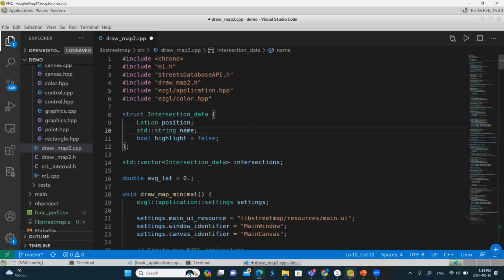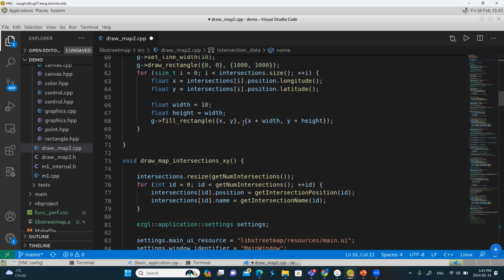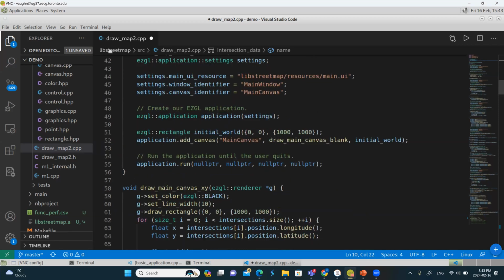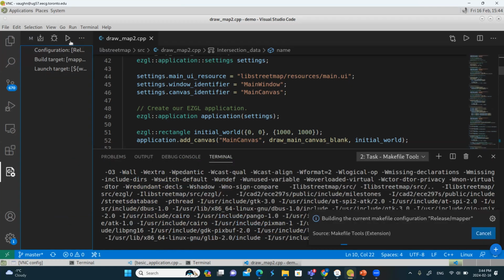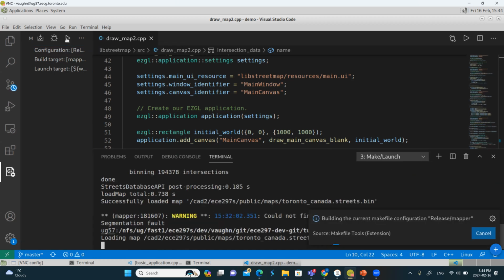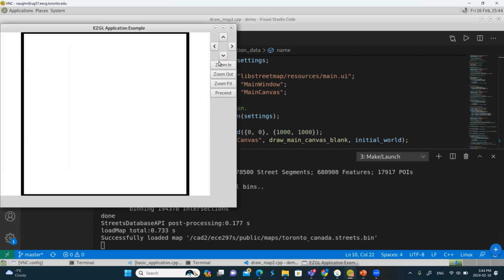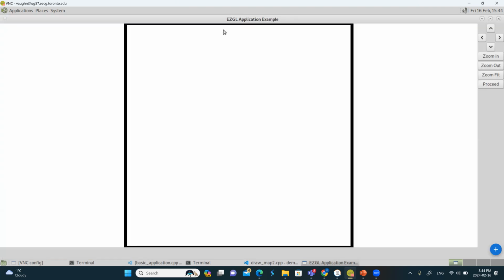Okay, so let's go back here. I just showed you the code that we wrote: 3 lines of code to draw that rectangle in a thick black line. So let's build this. Let's run it. And it looks basically like I said. The black rectangle fills